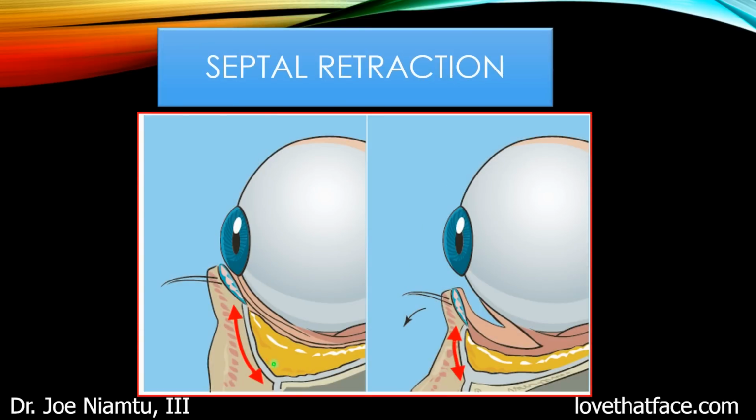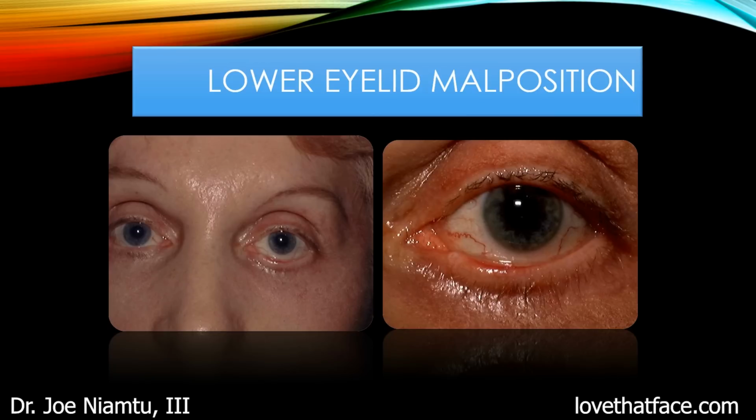And when we cut through the orbital septum from the outside, like I said, the septum will contract. This is a picture from my textbook, and it can pull the lid away from the globe. So to me, it's a safe way to do that. And usually when you see people that have this kind of situation after blepharoplasty, they have had that surgical approach. So you have to beware, and you have to discuss this with your surgeon, especially if he or she favors